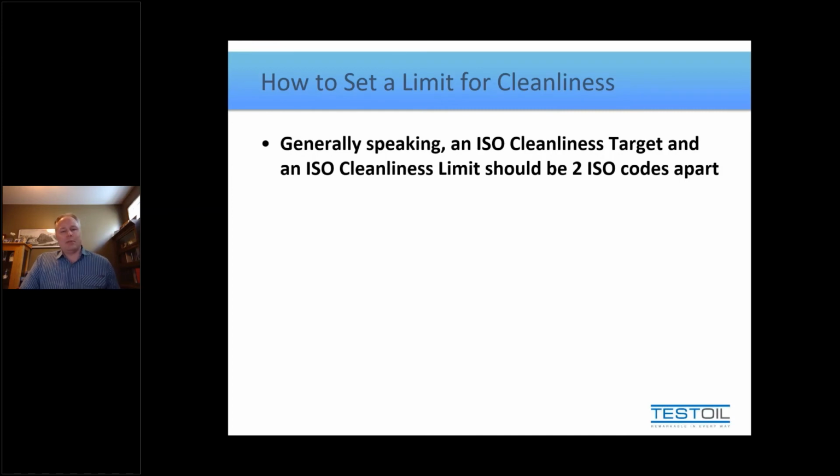And I always emphasize to people that you should set your limit about 2 codes higher than your target. The reason for this is twofold. One is if you look into particle counting, you're going to find the accuracy of the test is at least plus or minus 1 code. That's right from ASTM in terms of the reproducibility of this particular test; in particular, greater than 4 and greater than 14 micron values have over 100% variance to them, meaning the results could double and it's considered still within range. But the other side of it, why I say 2 codes higher, is because you have 1 code as a give or take on the test.